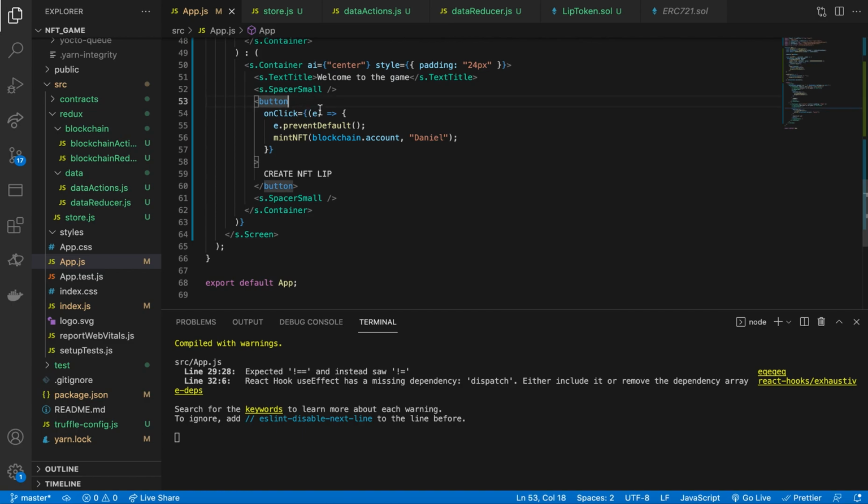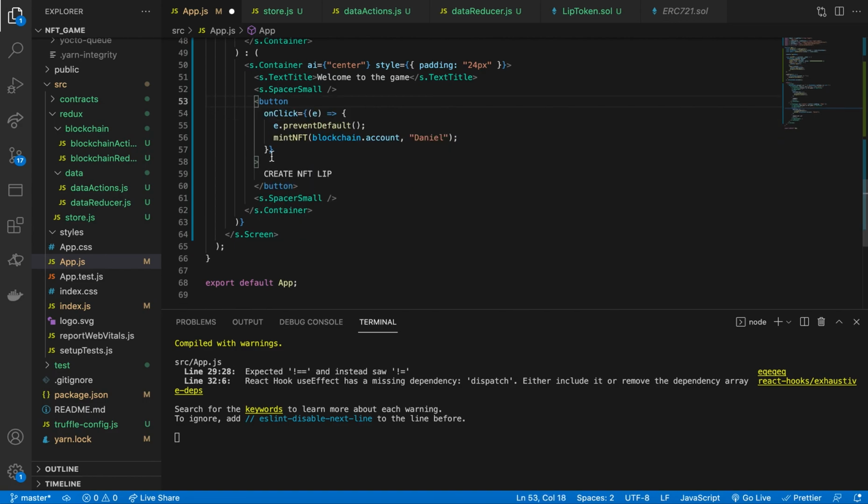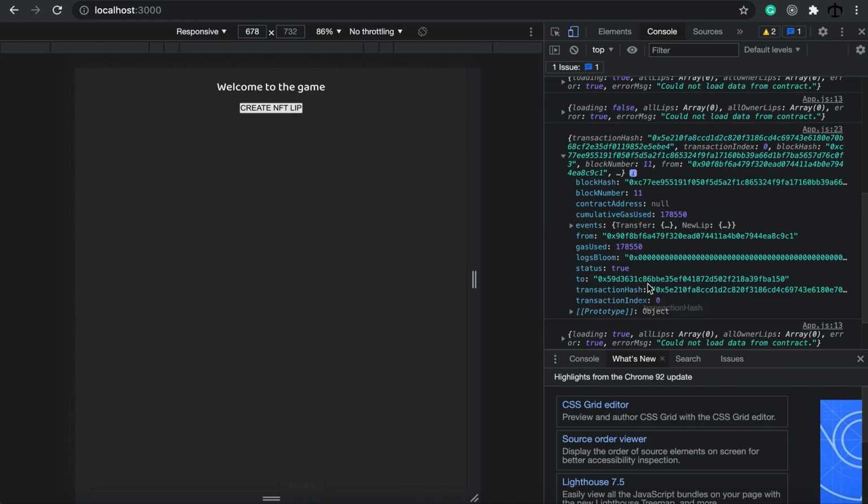Let's see if this button does have a disable field on it, and it does. It does have a disable field, and it can take a Boolean. So we'll get into that right now. I just want to make sure, because